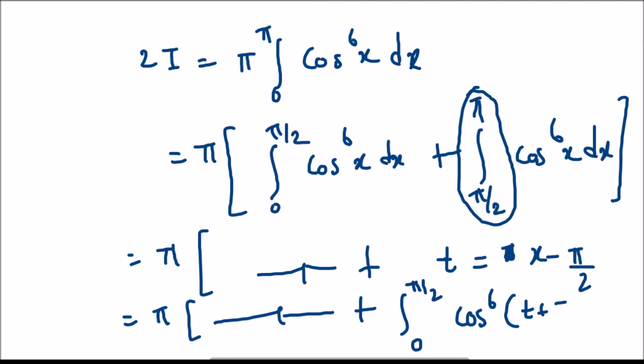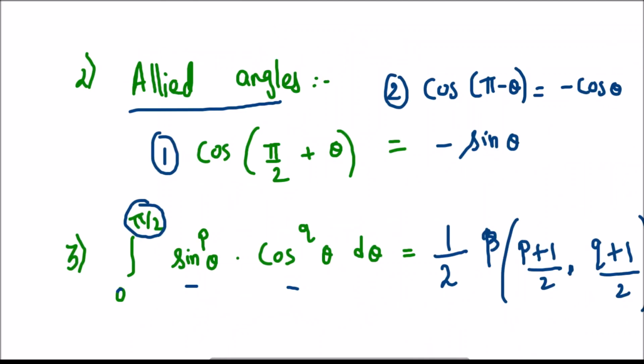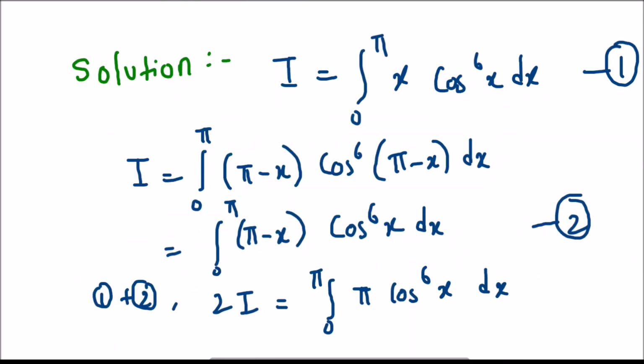It is t plus pi by 2. And what is my dx? My dx is same as dt. And now I'm going to use the previous allied angle which I just stated earlier. This one: cos of pi by 2 plus theta is minus sin theta. So if I use that over here, I have